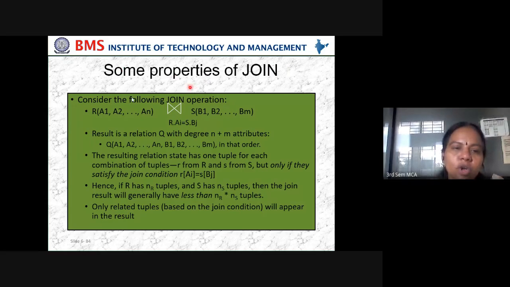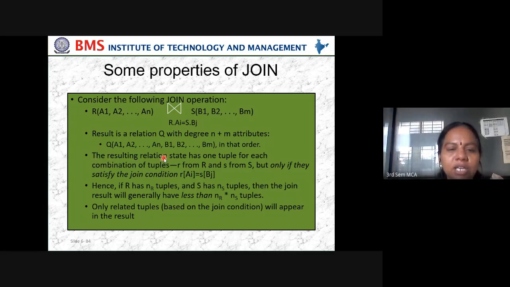Some properties of join. Consider the following join operation R(A1, A2, ..., An) join S(B1, B2, ..., Bm) with condition R.Ai equals S.Bj. The result is a relation Q with degree n plus m attributes: Q(A1, A2, ..., An, B1, B2, ..., Bm) in that order.